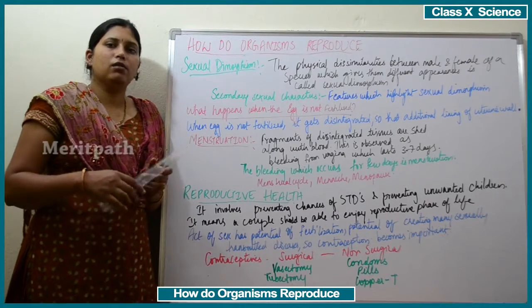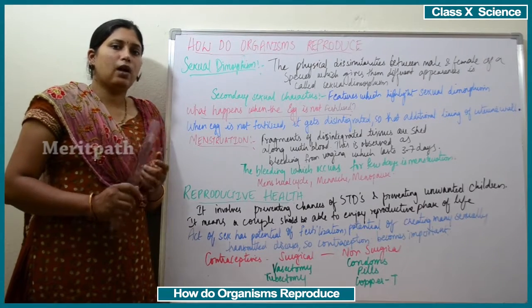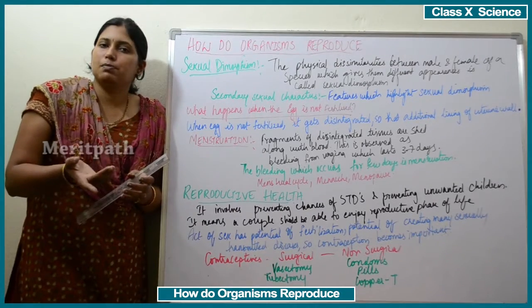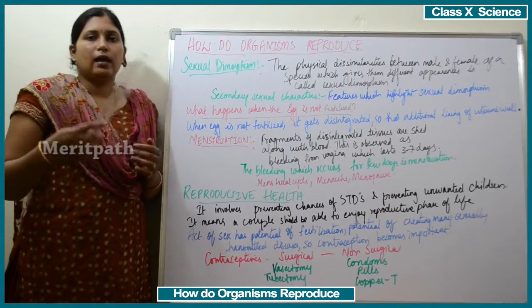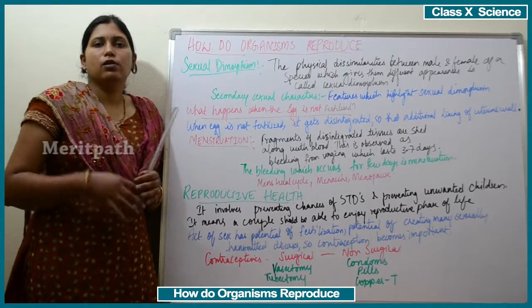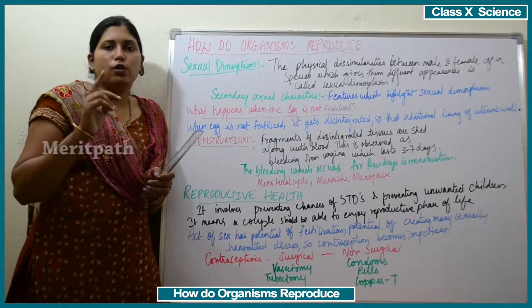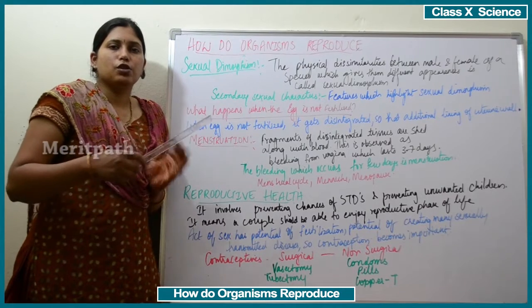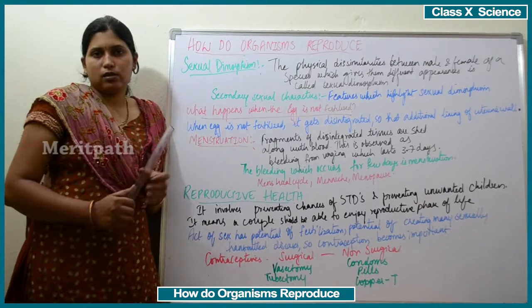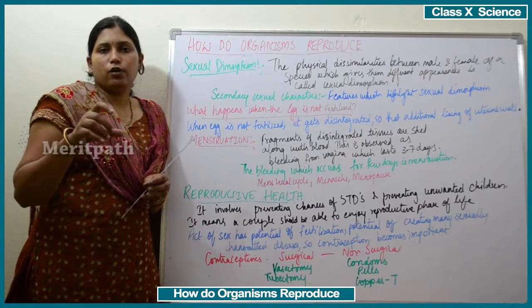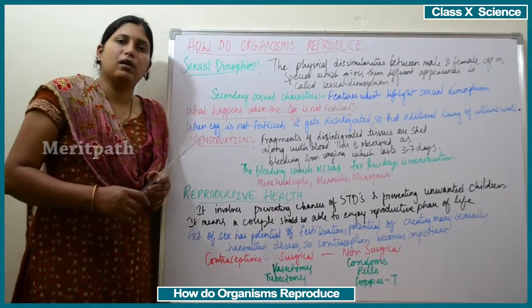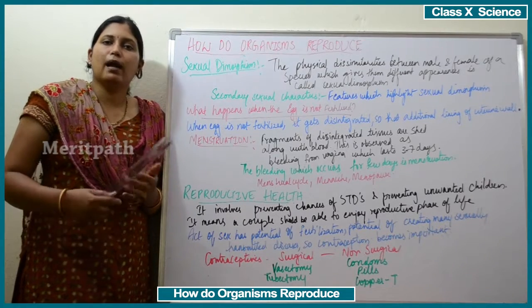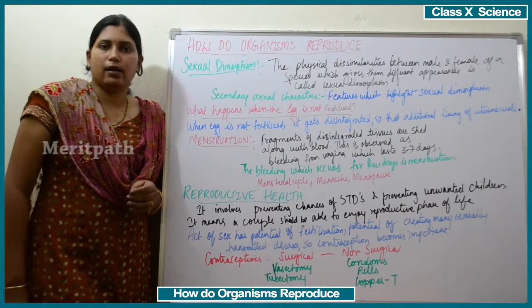See, for example, once people get married, the elders in the house force them to bear a child. But if they continuously keep bearing children, the population increases, and then the government advises people to maintain a ratio of one or two children. So in this confusion, people are confused what to choose. Should we bear children under the influence of elders, or should we minimize the number of children under the advice of the government? Since the population of India is increasing, the demand for food and other things is also increasing, right?